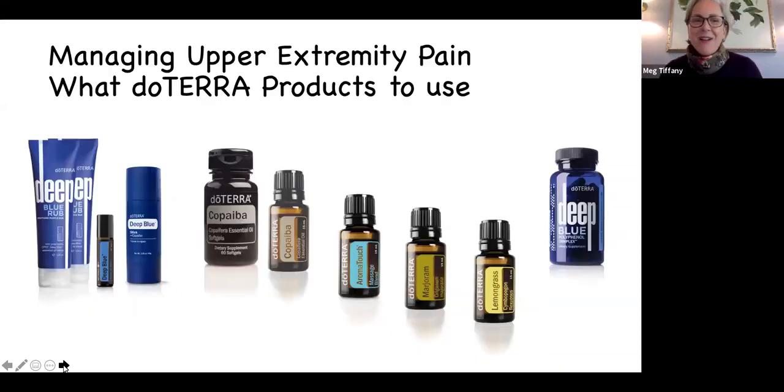Okay, so I'm going to spend a little time talking to you about various products that we can use to help manage pain in our upper extremities. And some of these products also extend to just generally managing pain throughout the body. One of the points I'd like to make about doTERRA products is they are very, very, very pure. They are tested, they are sourced from around the world, from their natural habitat. So you get the best chemical makeup that you can get from the various plants that provide the oils that are used in these products.